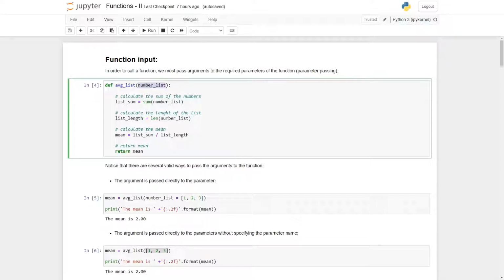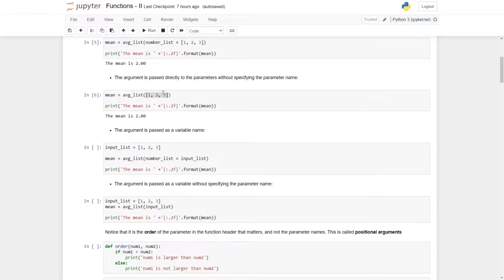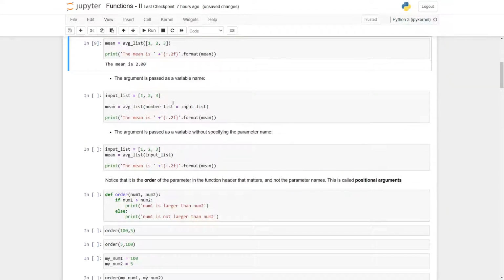But we only have one parameter, so we know where this list will go. So yeah, we ran this and we see that the mean is 2. So here we could change this and Control Enter to run, and we would get a different mean. But let's get it back, and we can also